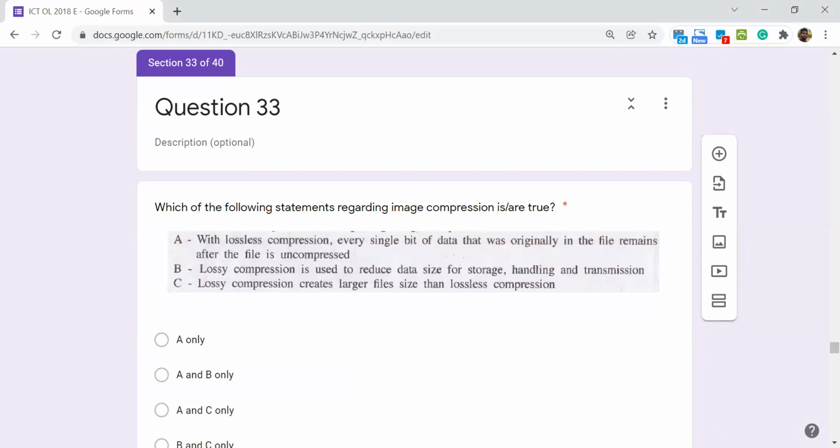Question number 33. So let's start with question number 33. Now, this question is on